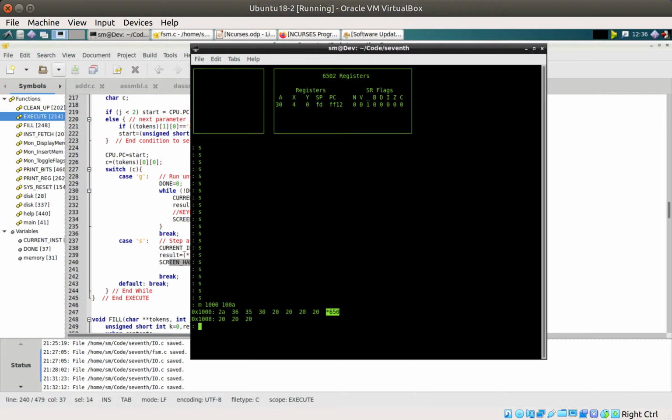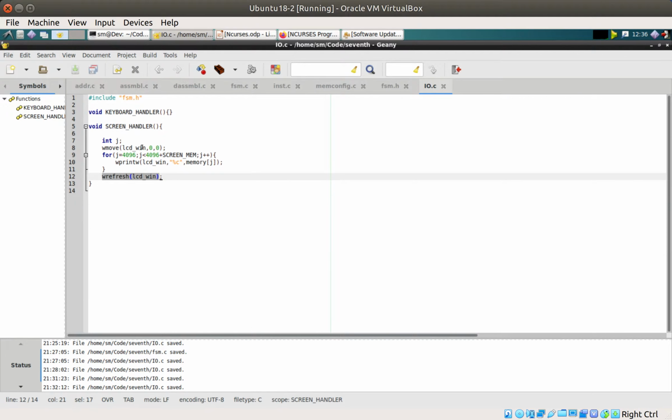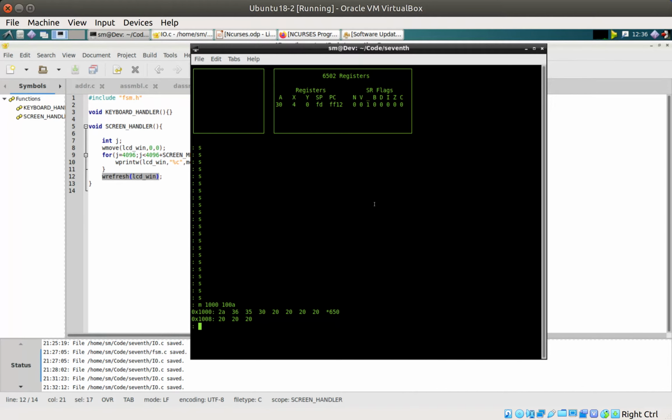But each time around the step, it's actually doing the screen handler, and the screen handler is obviously not optimal, but it's drawing this entire screen, or supposed to be drawing this entire screen, okay, but it's not doing it. So I need to do a little bit of debugging on this, but if we continue to go with this,